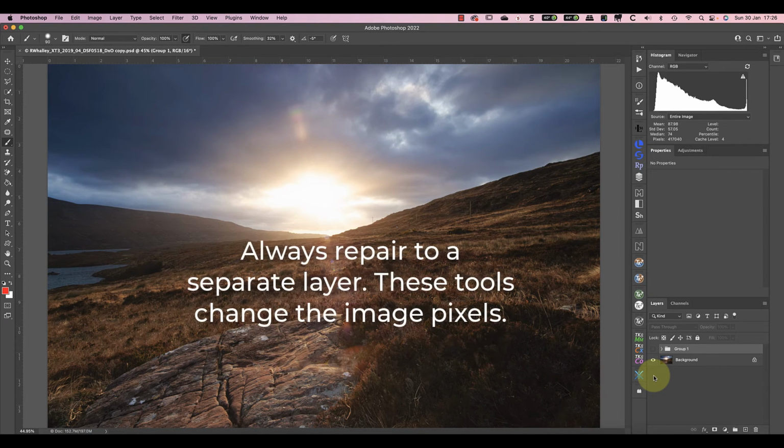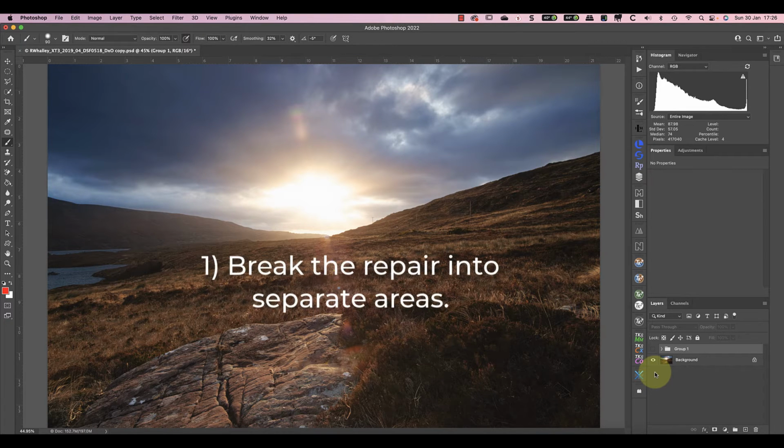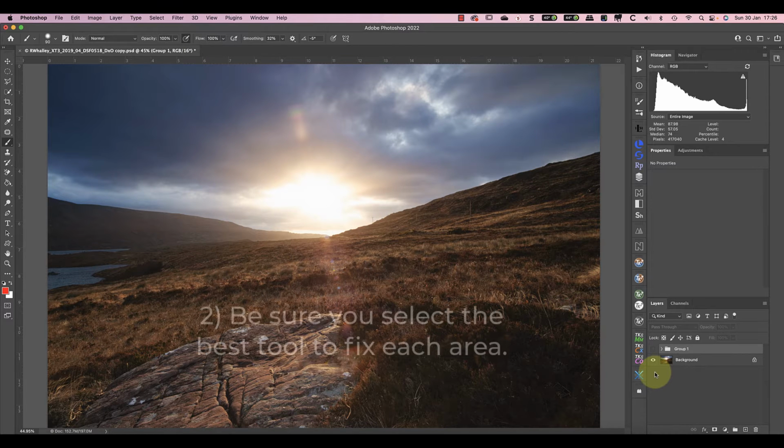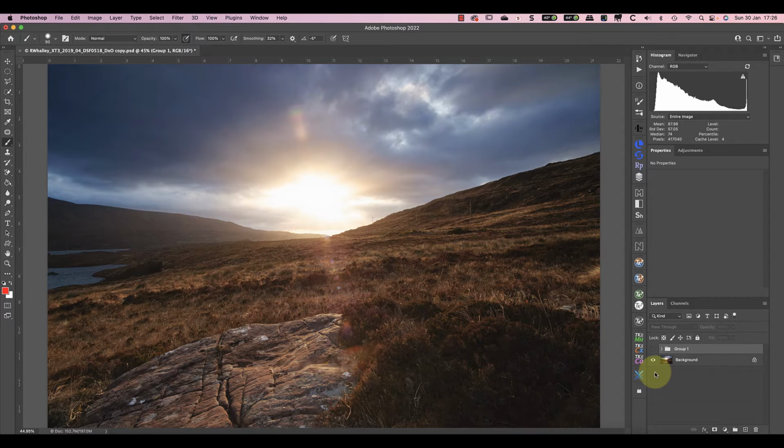When you're using these tools, it's a good idea to work on separate layers because the tools are destructive. Now there are two tips I want to share with you to make it easier to produce a better repair. The first is to break the repair down into smaller areas. The other is to select the right tool for each area of the repair. With this image, it's probably best to make the repair in 4 sections, and each section will be on a